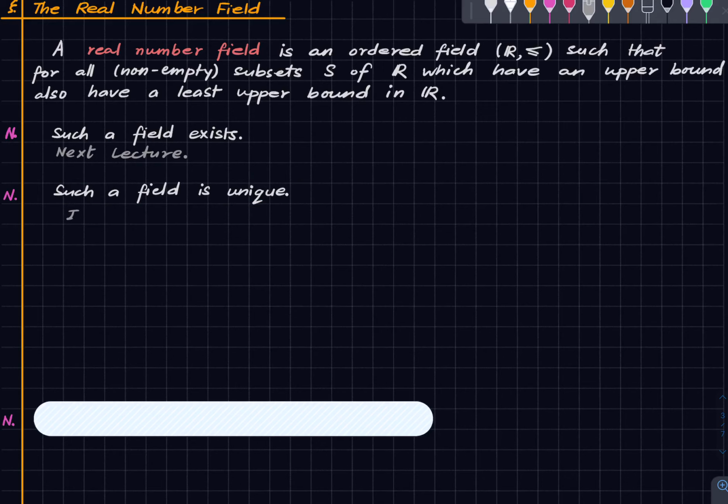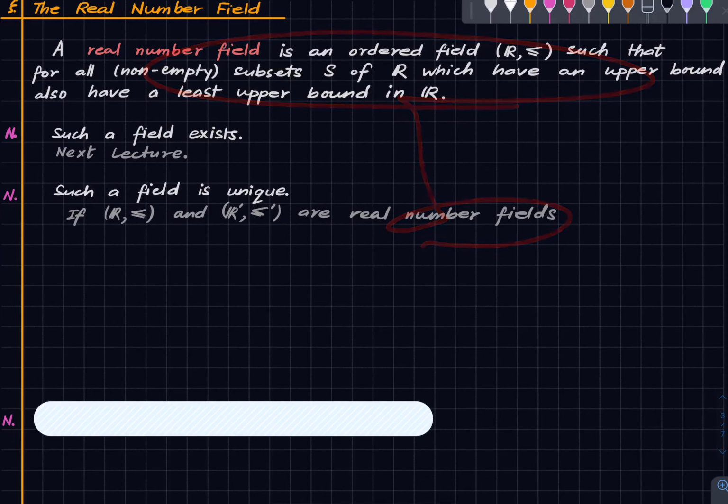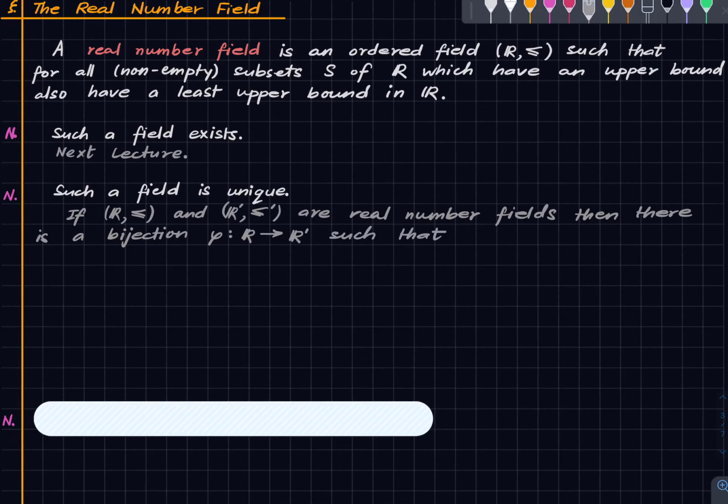So what I'm trying to say is that if we have this and that are real number fields, which again is defined above, then there is a bijection phi such that phi respects the arithmetic or the algebra as I call it, and the ordering, and one more little thing, such that